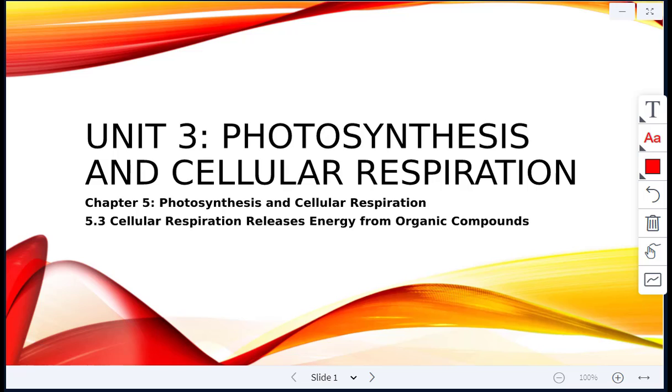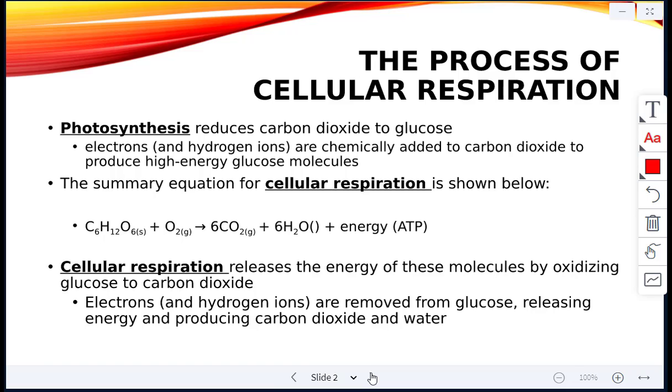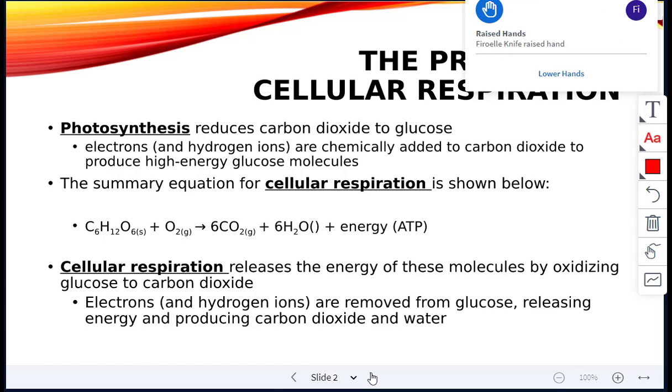Okay, so today's lesson is we're going to start looking at cellular respiration. Cellular respiration occurs in both plant and animal cells, whereas when we were looking at photosynthesis, it only occurred in the plant cells and in chloroplasts. So what we saw with photosynthesis was that,